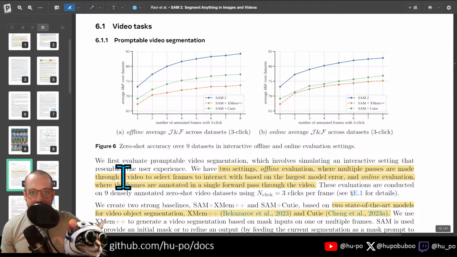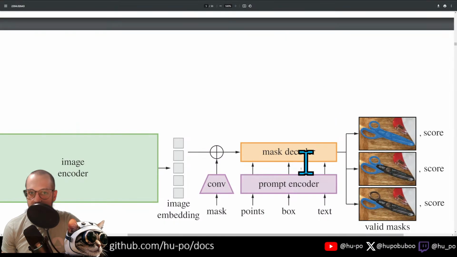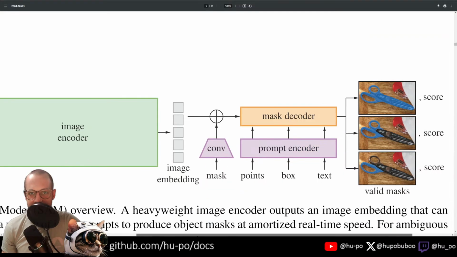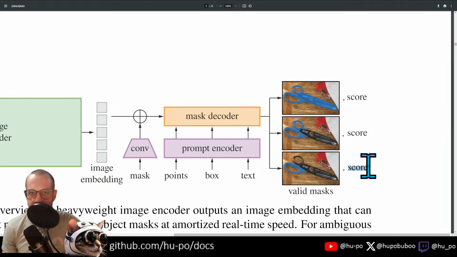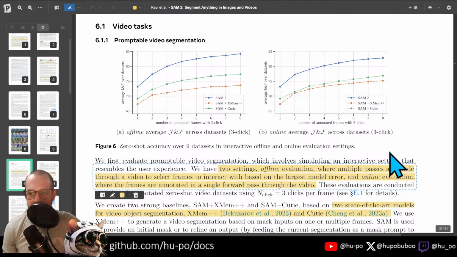Offline is multiple passes are made through the video, and you select frames based on the largest model error. Because the model is going to be able to output some confidence, kind of like the original Segment Anything model. It did output this score here, right? So not only is it outputting a mask, but it's also telling you how confident it is in that mask. So I think there's something similar here as well, right? This model error might not be explicit, but